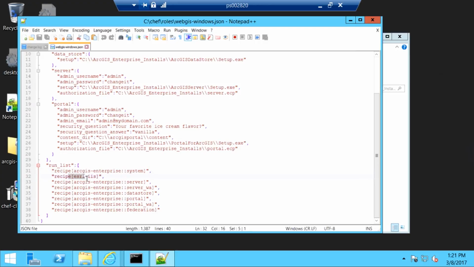Then it's going to configure IIS. By default, when you install Windows 2012, for example, IIS may not be enabled or all the features that the web adapter needs aren't there. So it's going to go through and do some of that configuration. And then it's eventually going to install ArcGIS Server. It's then going to install the web adapter and configure it with Server, create the site and configure it. It's going to install the data store and configure it to your ArcGIS Server. It's then going to install Portal and the web adapter, configure it, and then even at the end of this,